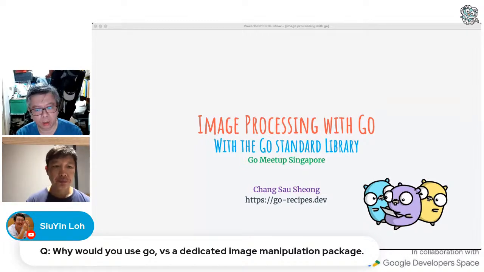If you want to do a lot more performant ones, then maybe you might want to consider something else. But let's say you want to use ImageMagick or something else. You can, but then that's outside of Go, right? So you need to call ImageMagick. First of all, you need to install ImageMagick, and installing ImageMagick is a little nightmare by itself. After you install it, you need to call it, run it, make sure it works, and then bring back the image and stuff like that. I think that's not really worth the trouble. If you're doing something simple, just go with Go through and through.